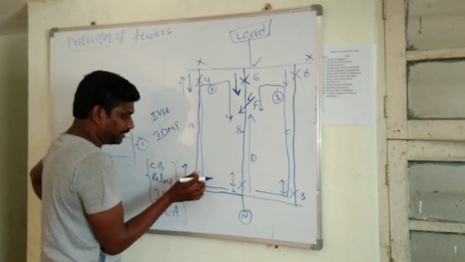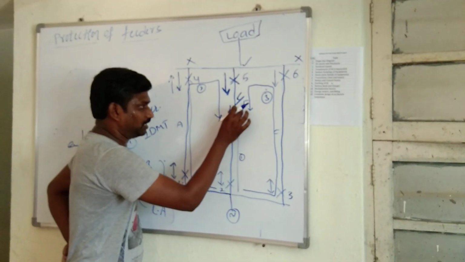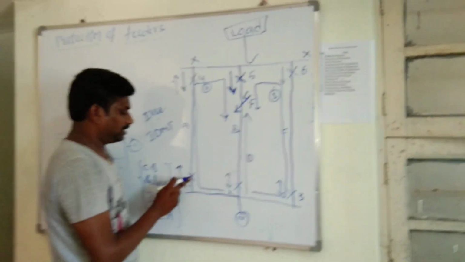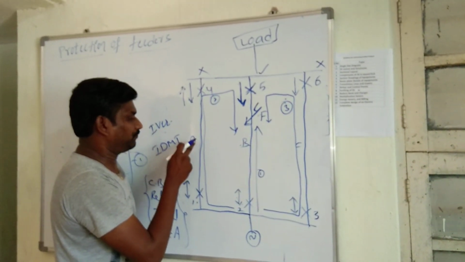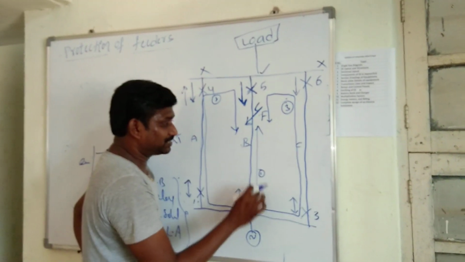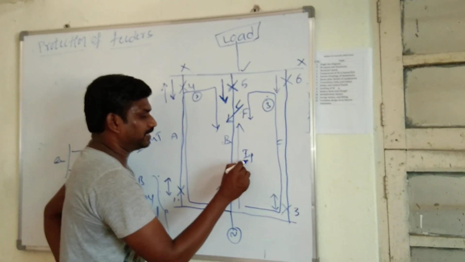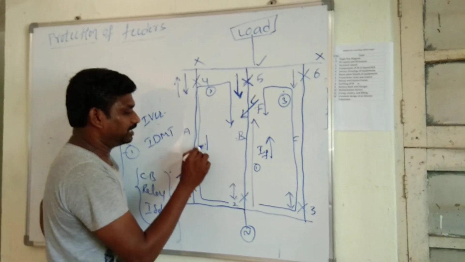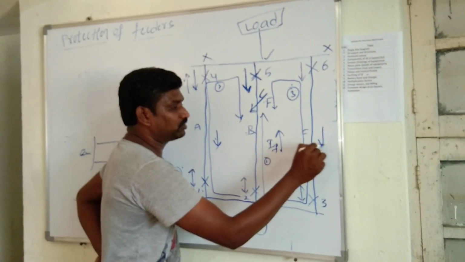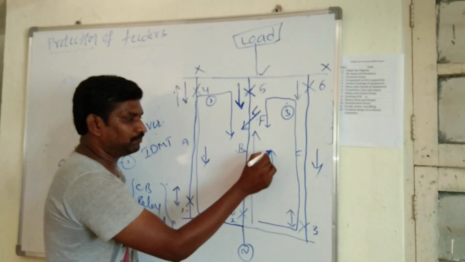Okay, here, by comparing these three feeders, what is the length of the feeder B? It will be minimum as compared with feeder A and as compared with feeder C. The distance of feeder B will be minimum. Due to the less distance, what is the magnitude of fault current? That will be maximum. Due to the maximum distance, what is the magnitude of fault current? That will be minimum. And here also, the magnitude of fault current will be minimum. So as compared with feeder A and feeder C, feeder B has a higher magnitude of fault current.